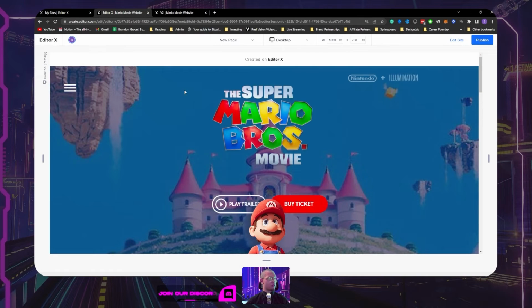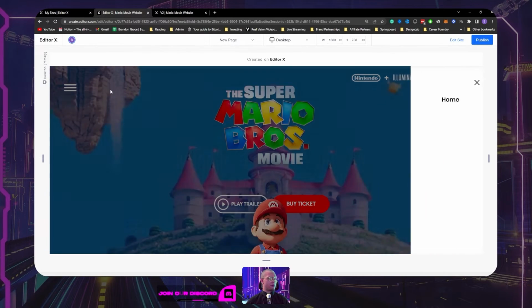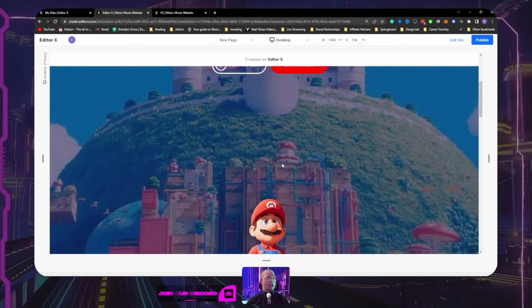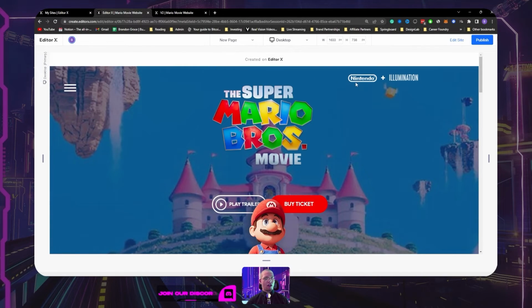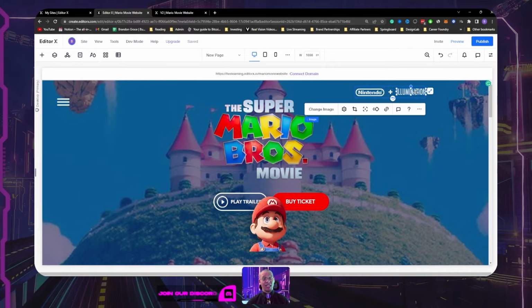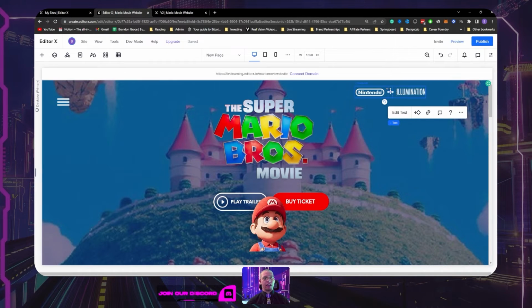Let's take a peek at what we have so far. We have our background image, we have our menu, which is pretty easy. It already does a default menu, so we don't really need to touch that. We have our logo out here. We have a sticky Mario, and we have our Nintendo and Illumination logos over here. Now, for those of you wondering how I did this, it's the exact same way we did our play trailer button and how we connected our buy button and our play trailer using a container. We simply imported our Nintendo logo and our Illumination logo, and we added a,